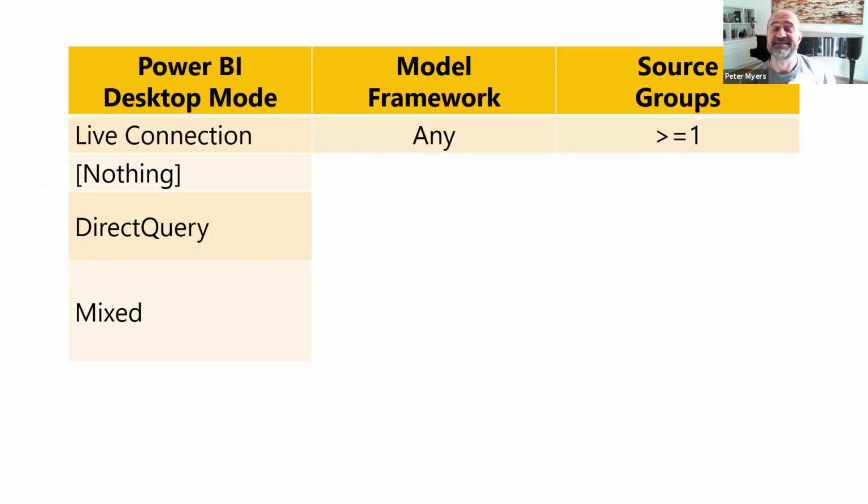What live connection means is that you're connecting to a remote model. Therefore, the model framework could be anything. It could be import, direct query, or composite. And there could be one or more source groups. If it's nothing, it means that you are working in an import model. You have a local model in Power BI Desktop, and it consists of a single source group, and all tables